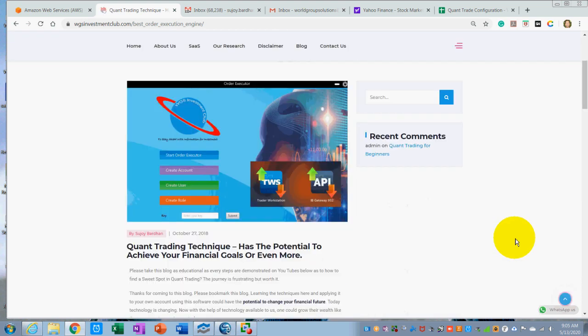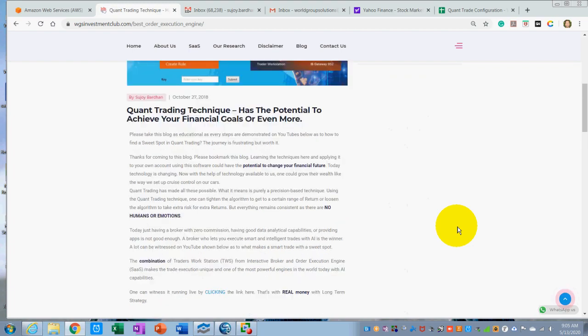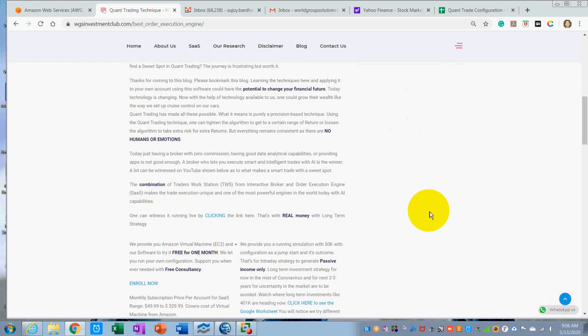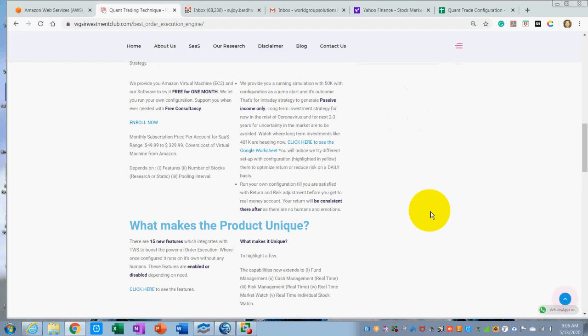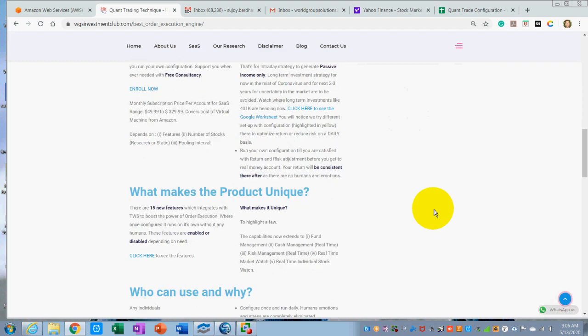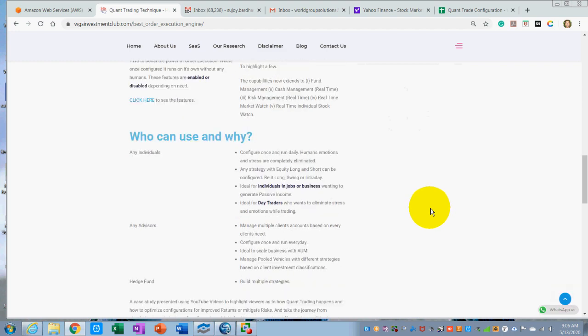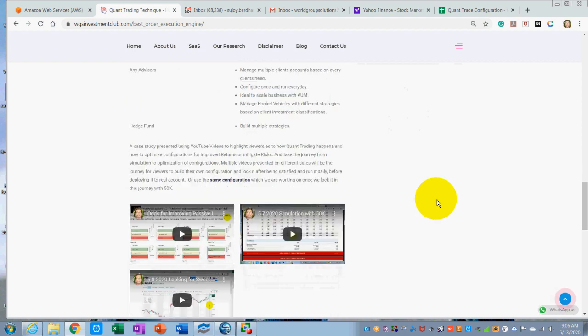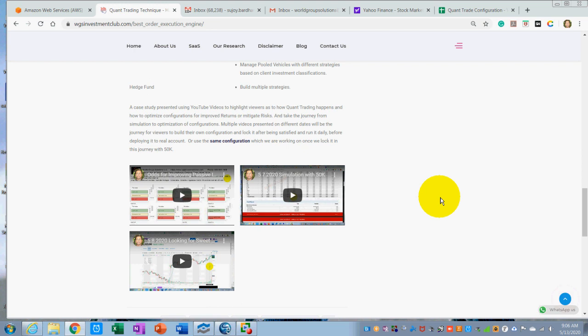So once you come here, you will see the journey which we are taking to get to a configuration with intraday trading, having 50,000 as simulation. So the journey is continuing to let my viewers know how we get to a configuration which can be stable and let it run. So we started this process quite some time back.